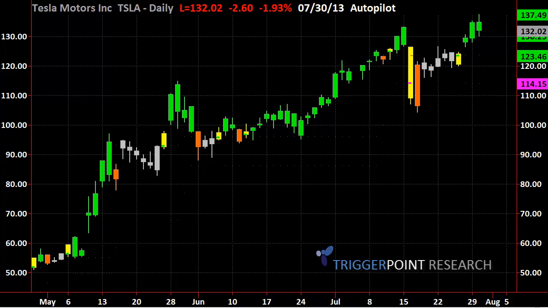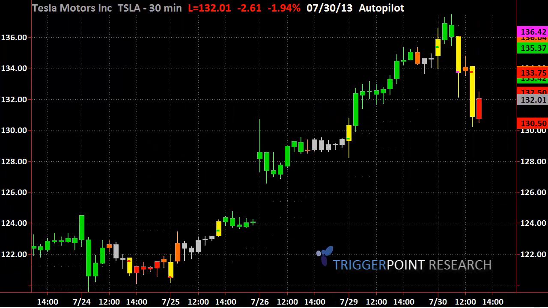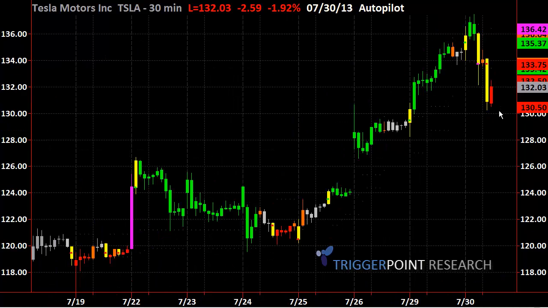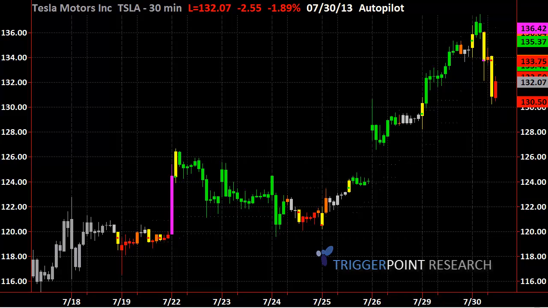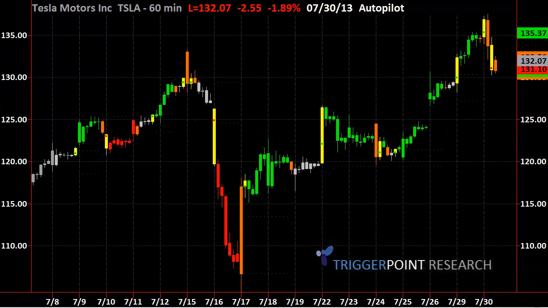But I want to show you something really interesting. Let's get back to a 30-minute chart. If you're a trader and you really want to have some exits and entrances that are the areas you can move in and out of very quickly, what this does for you is show you, and each of these is a 30-minute bar, where to actually enter and exit. Now look, there were not that many short opportunities, but the short opportunity you did have over time, when you look at this on the 30-minute, then the 60-minute, there were some great short opportunities